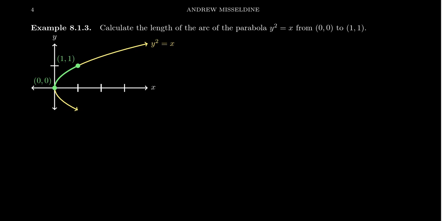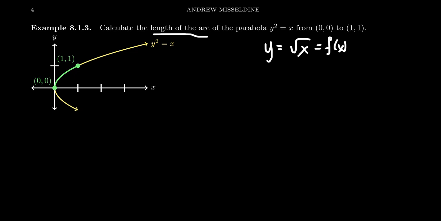parabola. What we can do is solve for y and get y equals the square root of x. Normally, there should be a plus or minus here when you take the square root, but like I said, we just want the upper half, which is the positive side. So we'll just keep it as y equals the square root of x, and this will be our function describing what's going on here. We want to find the length of the arc, aka the arc length, and so therefore,